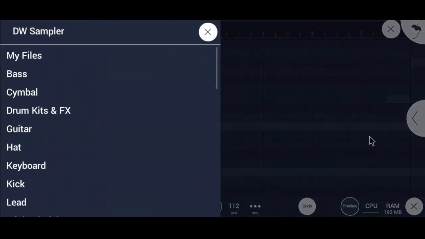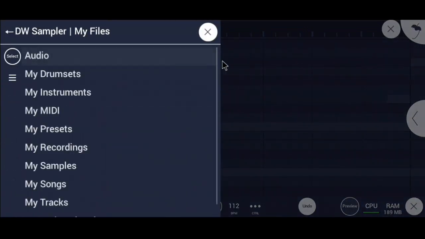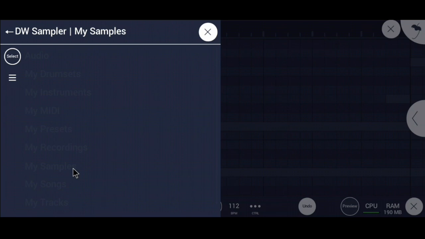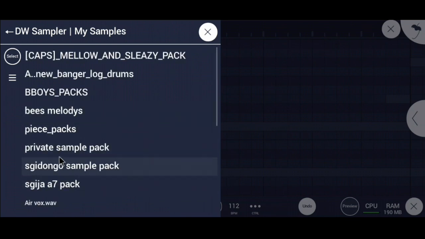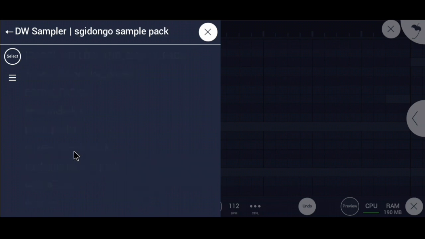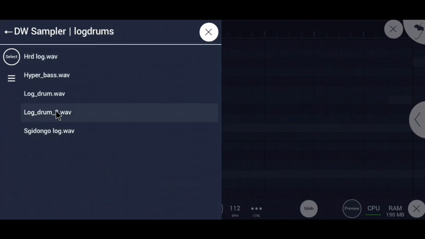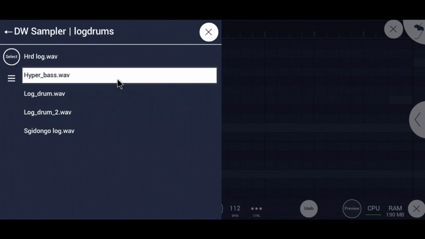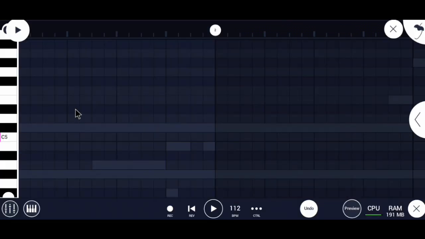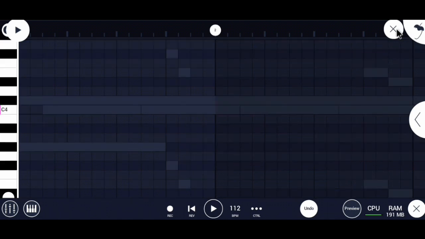I'm gonna go into DW sampler. I'm gonna go into my files. I'm gonna go into my samples. I'm gonna go into sgidongo log drum sample pack, and we're gonna go into the log drums. So the log drum I'm gonna be using next is the hyper bass log drum to add in the bass so that our log drum can hit hard with bass. So I'm gonna click the right side for that,